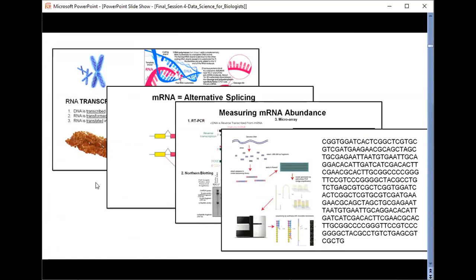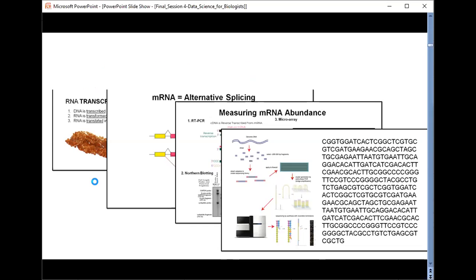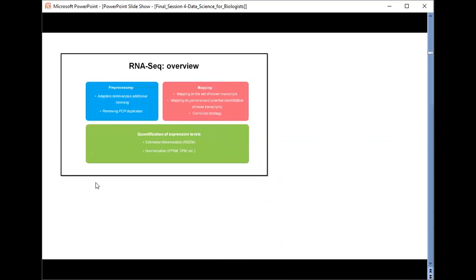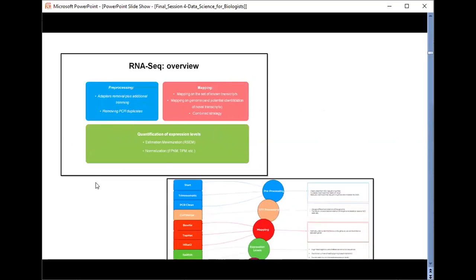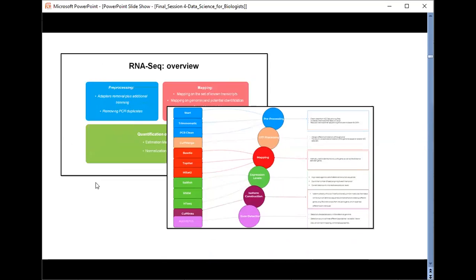Then we also learned about the NGS RNA-seq technique. Next, we learned about various steps that are required for RNA-seq data analysis, and we learned about different algorithms that are used to perform RNA-seq analysis.